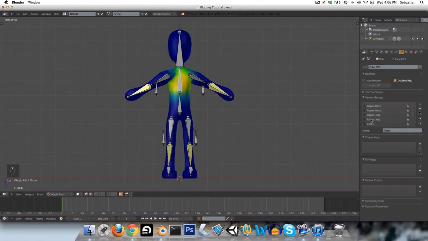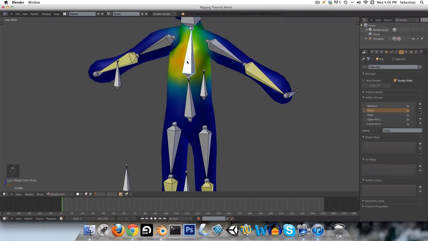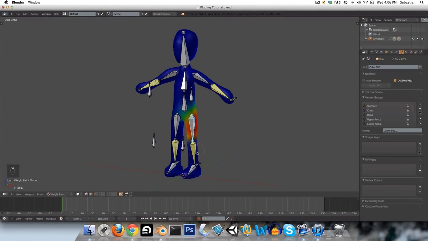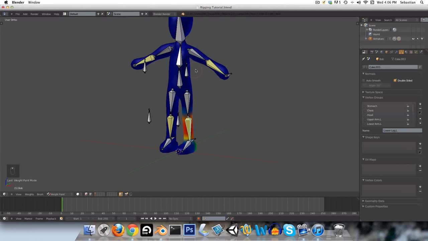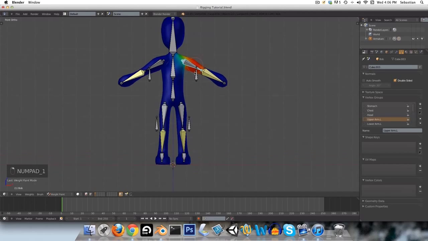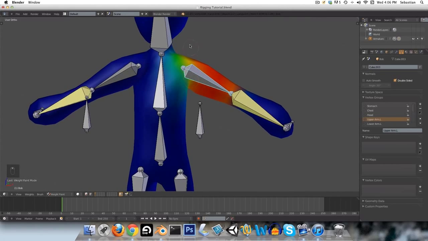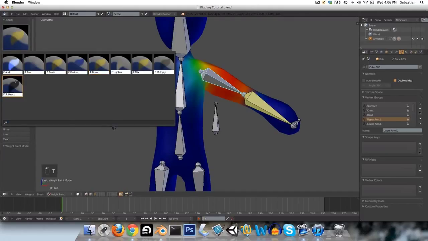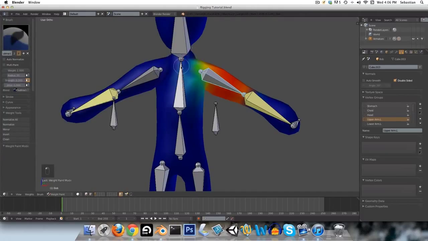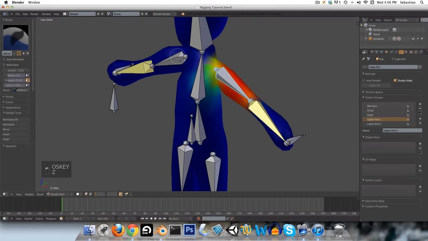vertex groups, and you can see they're named after the bones. And each of these bones now, if we click through, we can see has been assigned a weight. So red means it controls that area fully, and blue means it doesn't control that area at all. So if you wanted to modify this, if you press T, you can get some options. So we can choose subtract, and maybe you just want to take a bit off the shoulder or something like